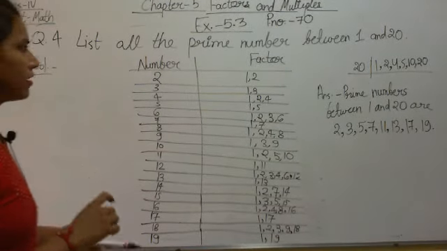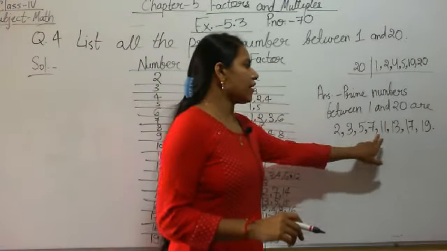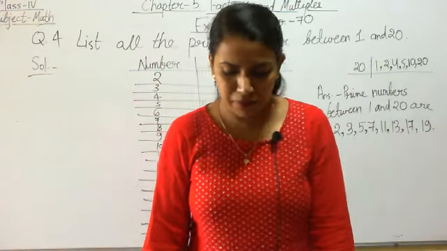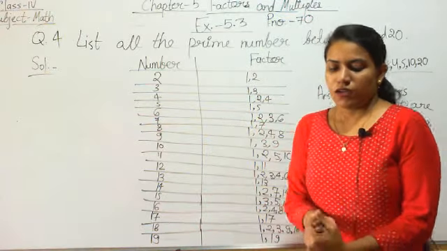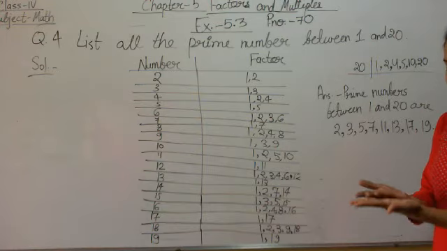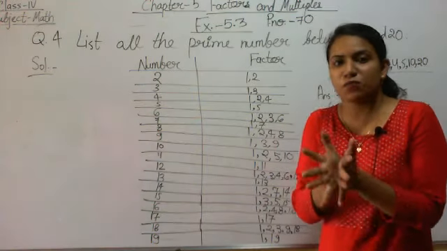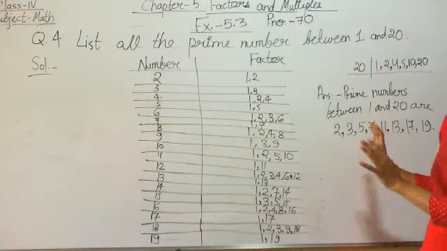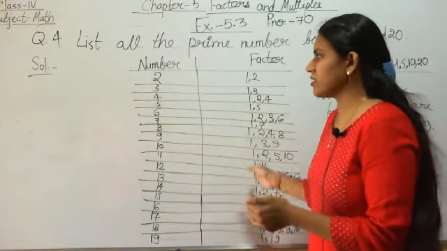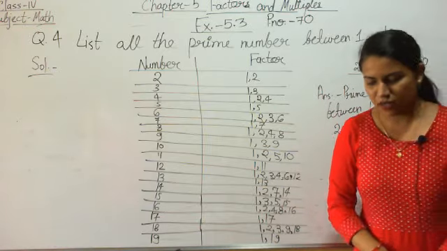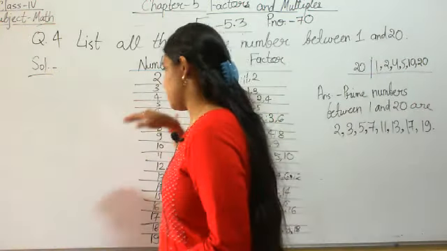I hope now it is clear. 2, 3, 5, 7, 11, 13, 17 and 19 are the prime numbers. Okay. Now it is the list of the prime numbers. Can you tell me which number is the smallest prime number? This question is done here. I am just asking you. List is in front of you. Can you tell me which is the smallest number among this list which is prime?